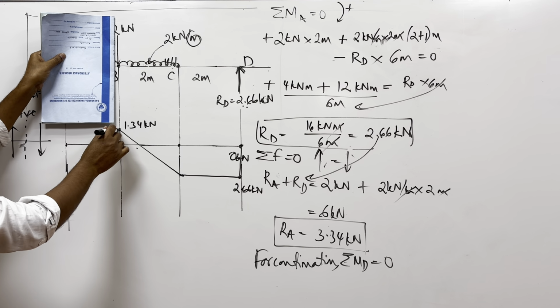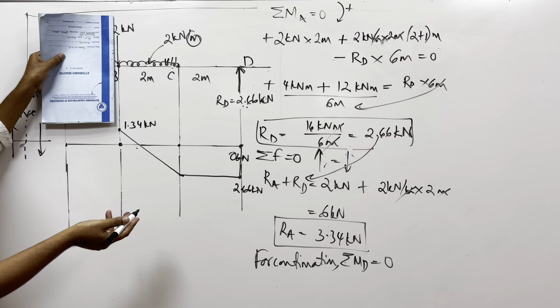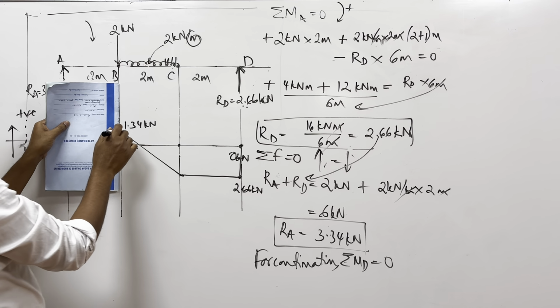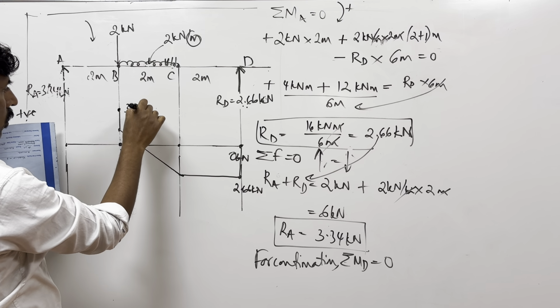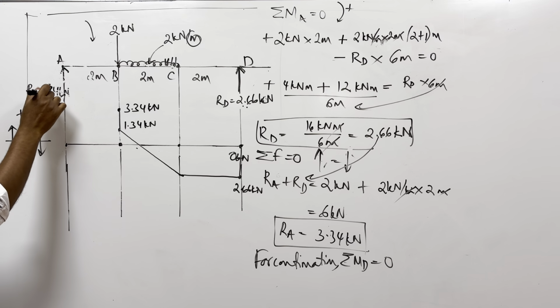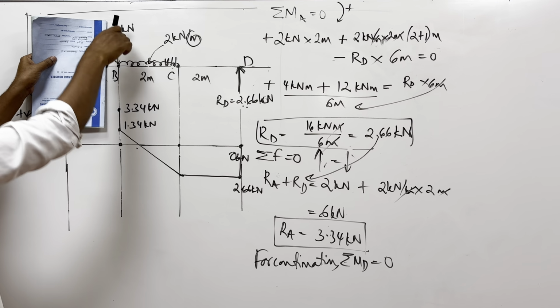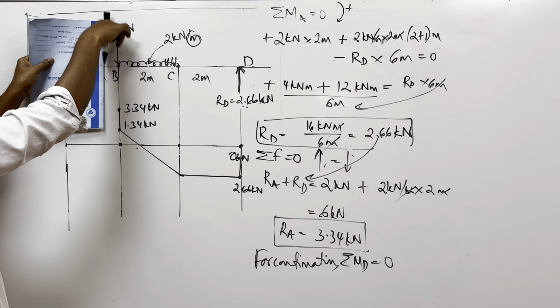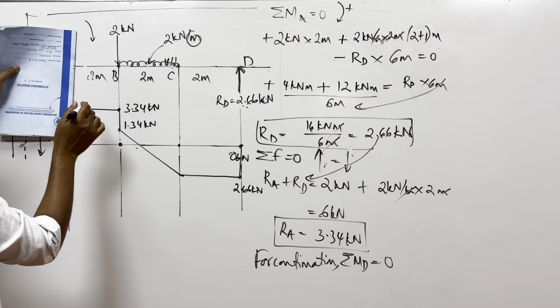So your value is 1.34 plus 2. So much it becomes? 3.34. So it jumps to 3.34 here. And you will know that value will be equal to this if you come here. Okay. Now as you go further here, it is the same thing. There are no forces added here, so it remains the same. And as you cross this point here,